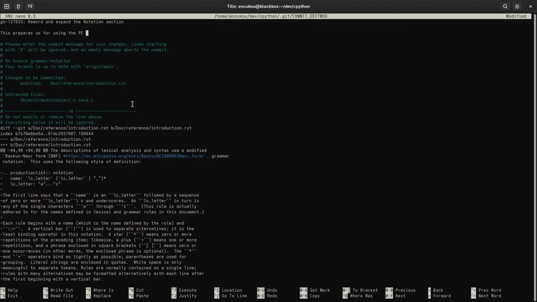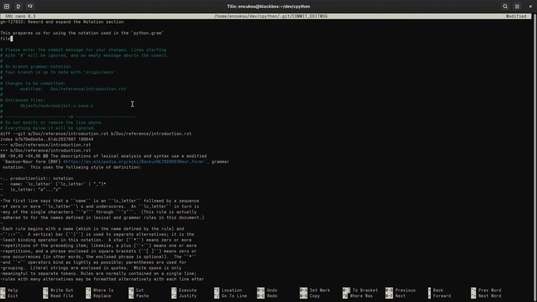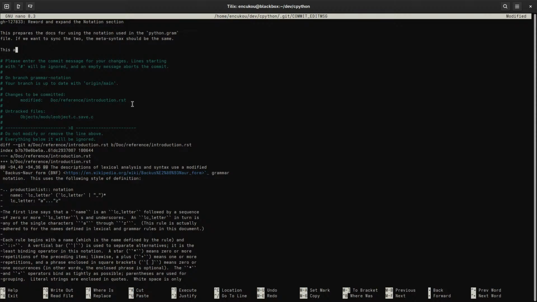Yeah, let's do that in a separate commit. There should be the imperative.